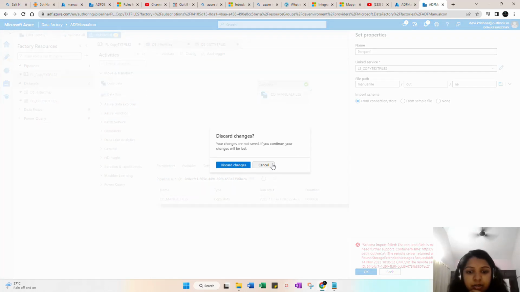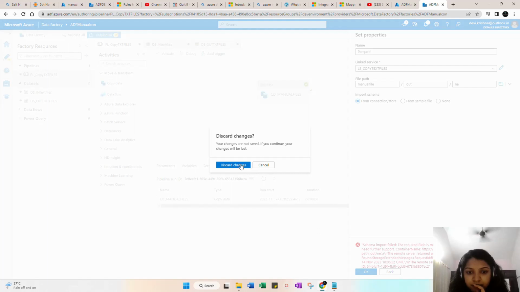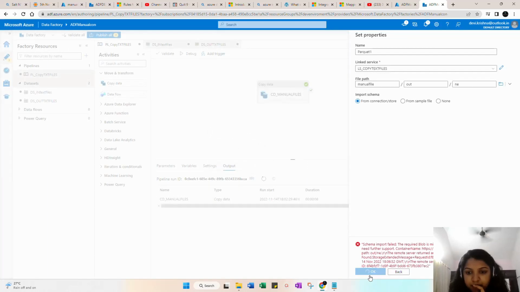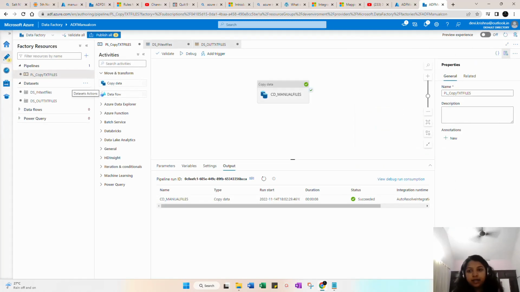Here, because we designed this for the Parquet conversion, we need one more linked service and all that, I will show you. Okay, so I hope you get the idea. So next